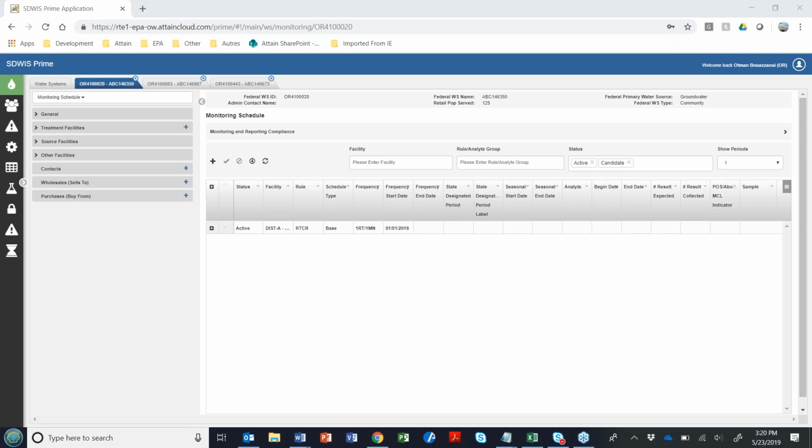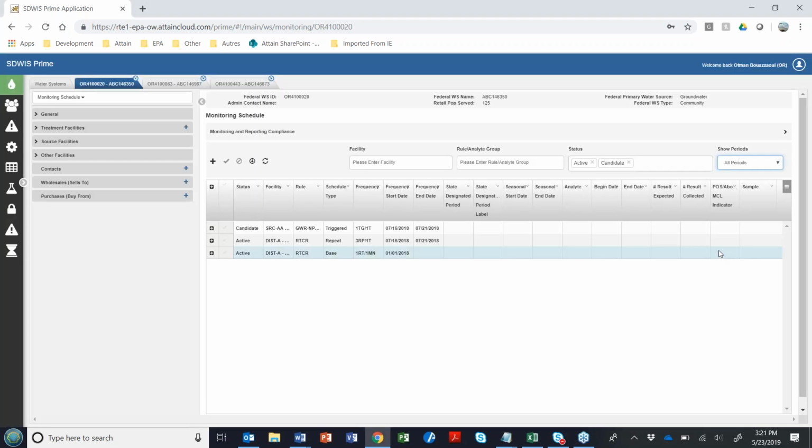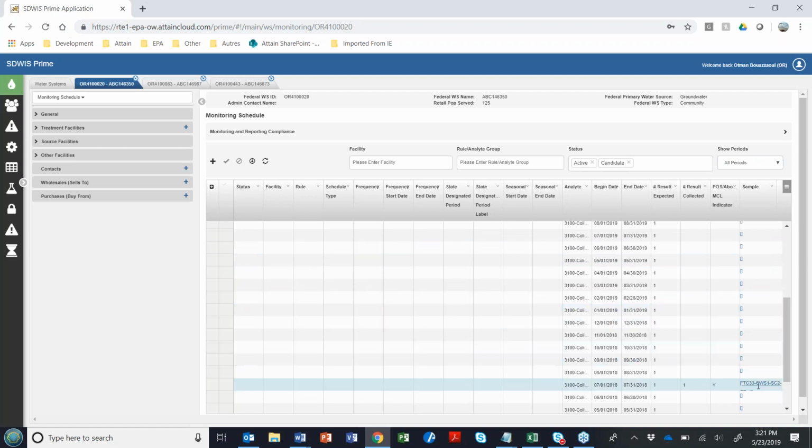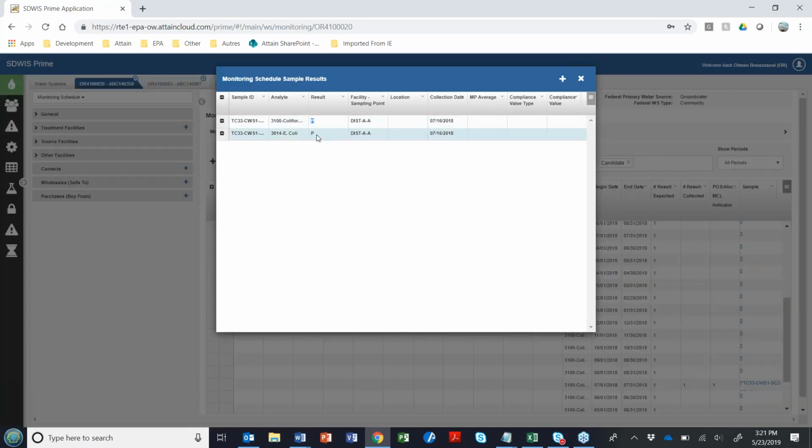All right, so back to the application here, I have my 3 water systems. Again, we're trying to cover those 3 additional scenarios. I created the schedules asking for the RTCR or coliform samples to be collected. So if I expand on this one, for example, remember we were trying to focus on the month of July for all of this. And this is the first water system, for example. It has a positive coliform and a positive E.